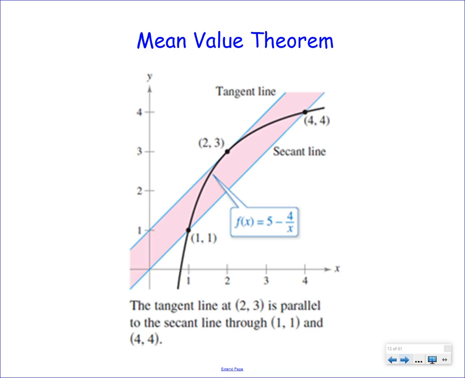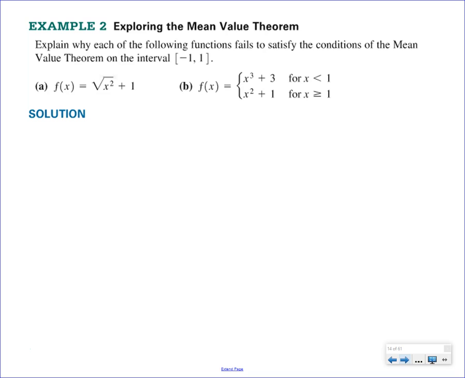Graphically, remember from last year, that means if I have 2 different endpoints between 1 and 4, knowing their y values, the y values don't really matter. IVT looks at the y values and all the y values that need to be hit in between. MVT looks at the slope. What is the slope between? What's the slope of the secant line? What's the average rate? There must be at least one place where the slope of the tangent line will be parallel, will be the same, or there must be at least one place where the instantaneous rate equals the average rate. Okay, so that was just a graphical reminder. So, that's the MVT.